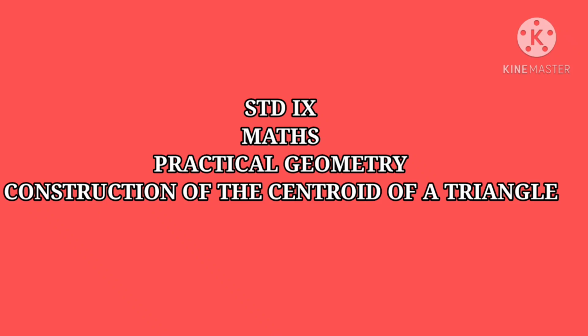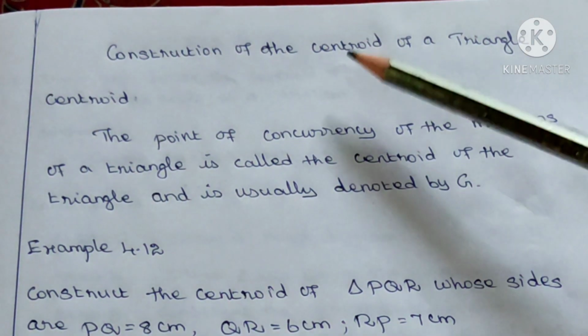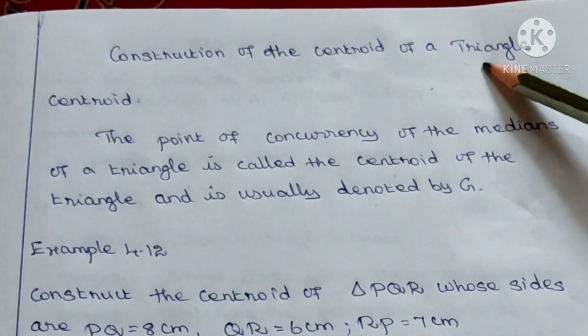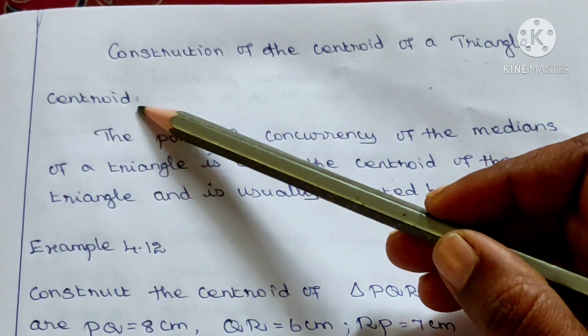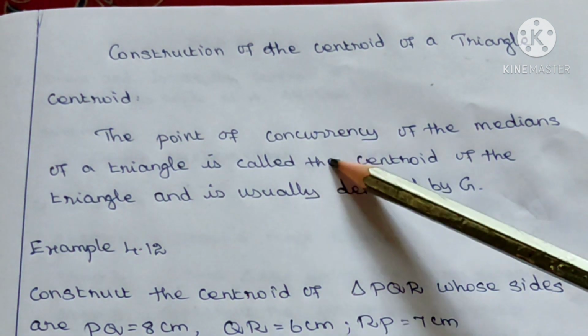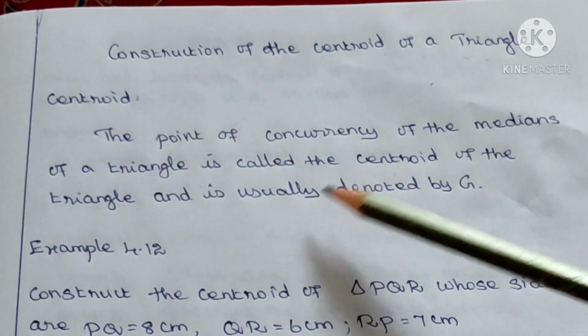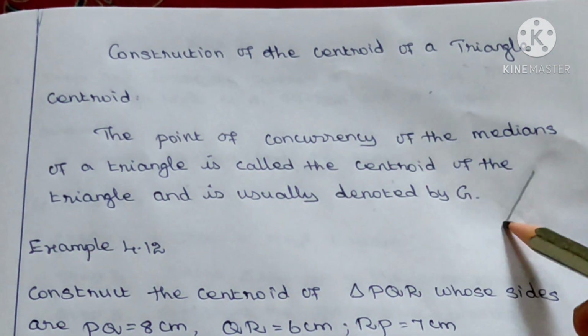Good morning, students. In this class we are going to learn the construction of the centroid of a triangle. Listen to the definition. Centroid: the point of concurrency of the medians of a triangle is called the centroid of the triangle. Consider one triangle